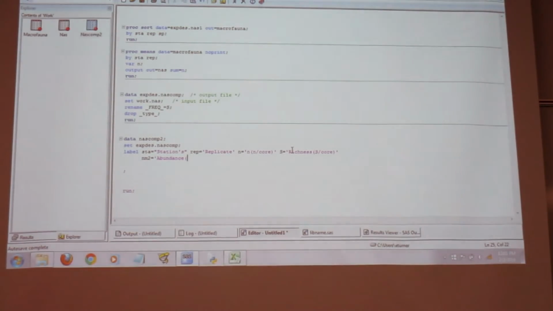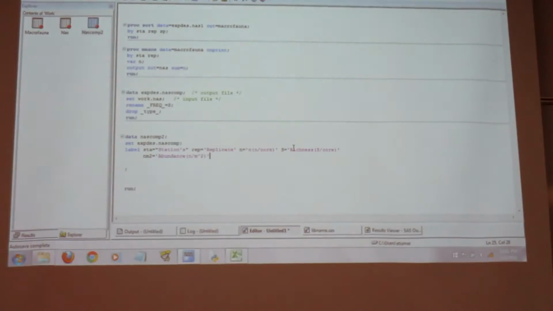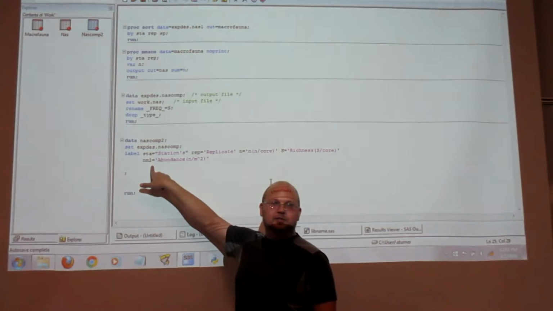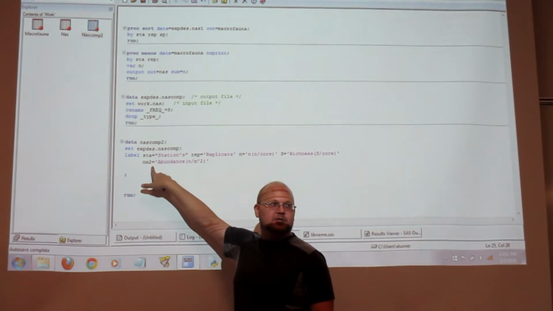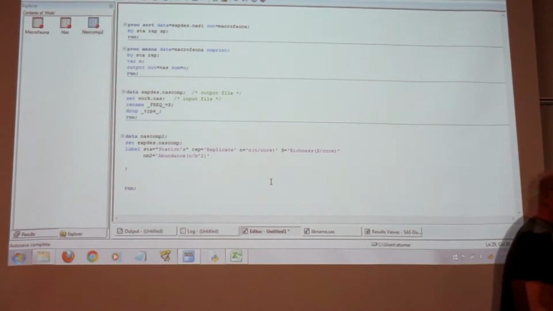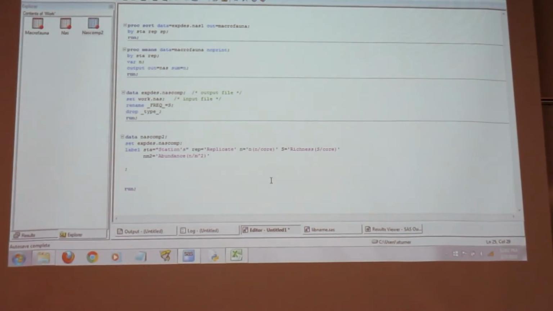I also want to do abundance, from the other file, because we got rid of our abundance numbers and we want them back. And so you see I've gone onto extra lines. You can keep on going with this as long as you want until you get to that semicolon. So you keep renaming these.